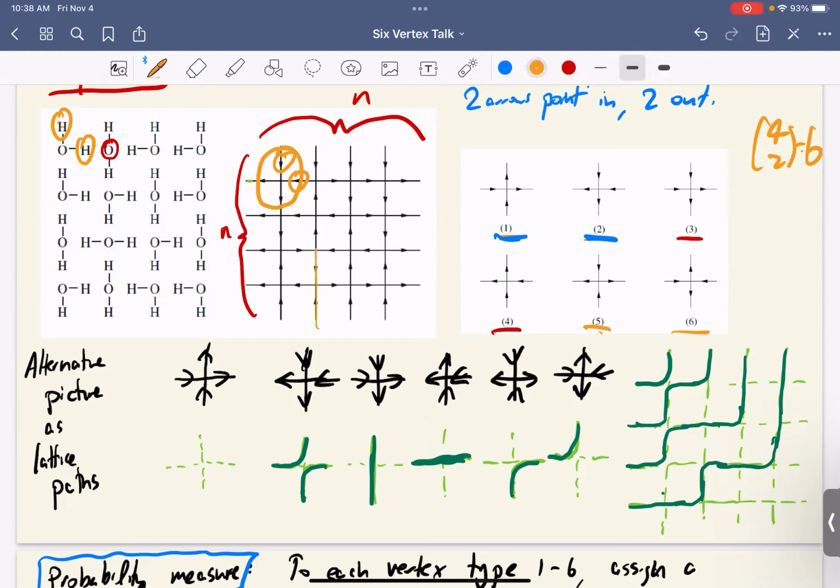Sometimes you'll see a picture of the 6-vertex model without any arrows, but instead as some kind of non-intersecting paths on the square lattice. So there's a kind of bijection between the 6 vertex types and some darkening of the edges of the lattice. And this is what the rule is. And so this configuration here, if I darken the edges according to this rule, looks like these 4 non-intersecting paths in the lattice. I'm not going to use that picture very much, but maybe you've seen it before.